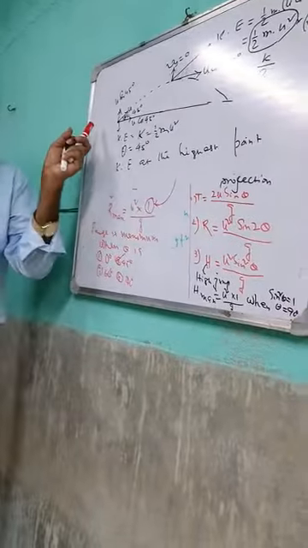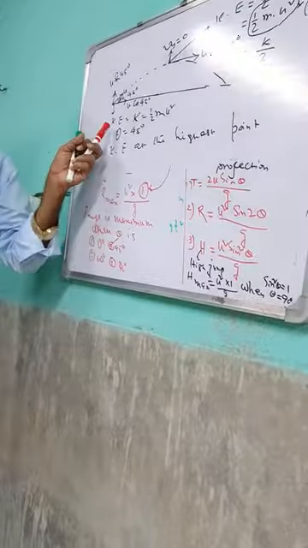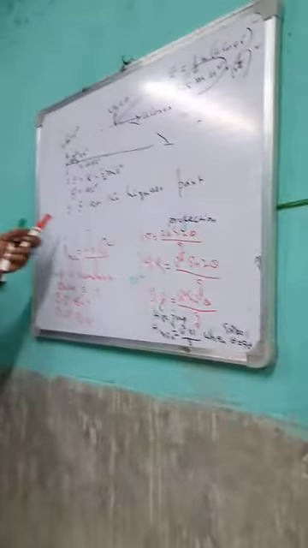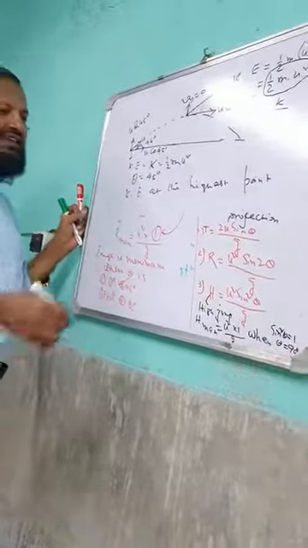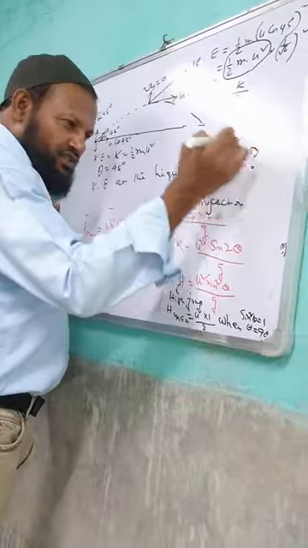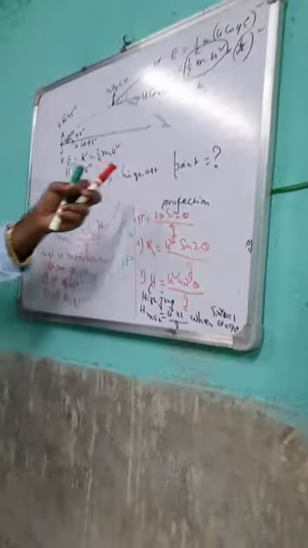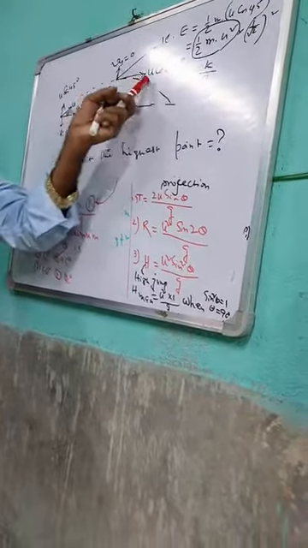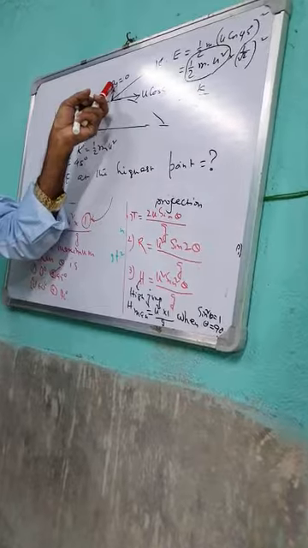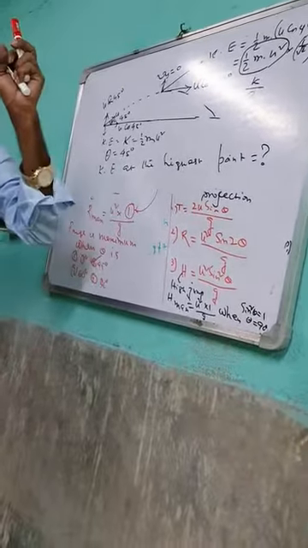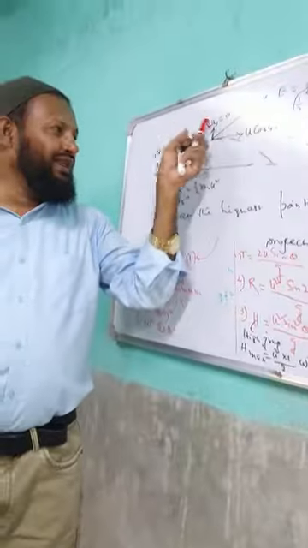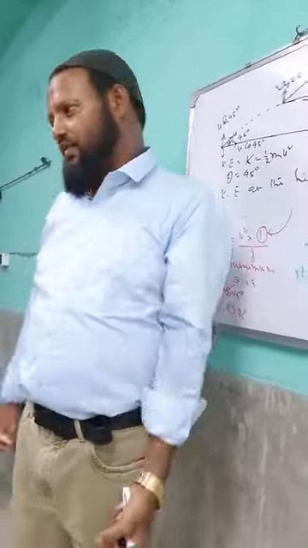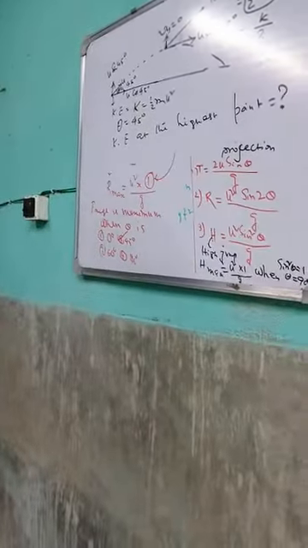Here is velocity u. I am taking kinetic energy K equal to half m u square. Theta is 45 degree. What is the question? Kinetic energy at the highest point. At the highest point, the u cos theta component will be present. The vertical component will be 0. Why? Because it is the highest point. Only the horizontal component is present. Therefore, this is the kinetic energy at the highest point.